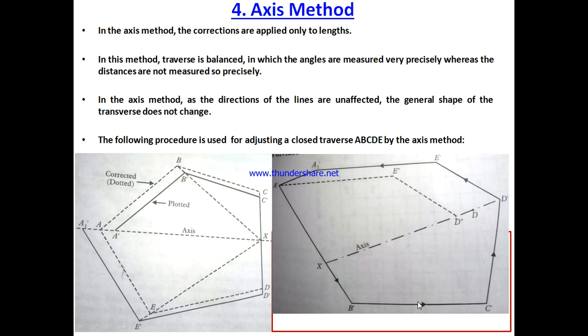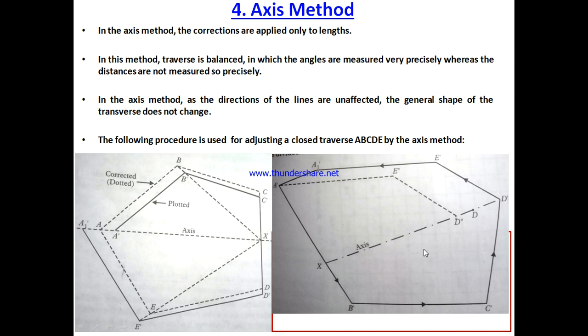So D' C' B' A' E'' D''. This is the traverse we have, and this is the axis of the traverse which has divided the traverse into 2 equal halves. Now our task is to compute or to close this error. Meaning I need to calculate the value of the error so that this E'' should lie somewhere here at the point D'. So the above procedure will be applied from here in the same manner.